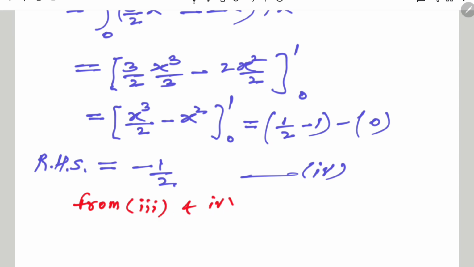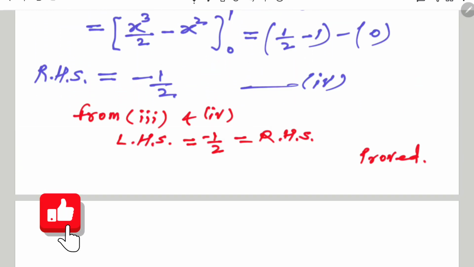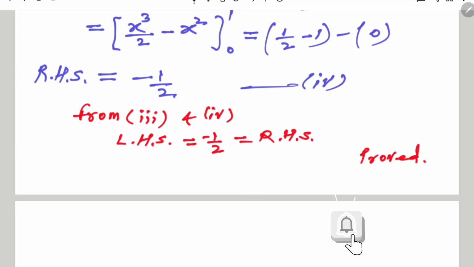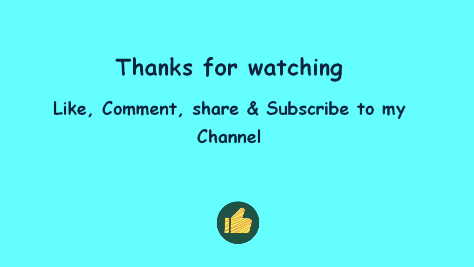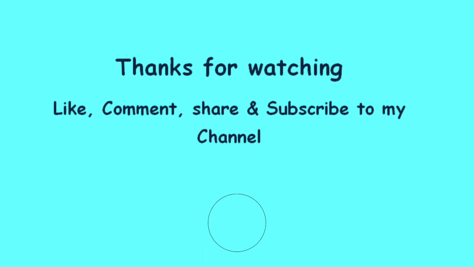And therefore, substituting the upper and lower limit, 3 gets cancelled, we get x cube by 2 minus x square, and then substitute the limit. Therefore, 1 by 2 minus 1, for lower limit it is 0, and therefore 1 by 2 minus 1 is nothing but minus 1 by 2, the value of RHS, equation number 4. And therefore, if we observe the values of equation 3rd and 4th,